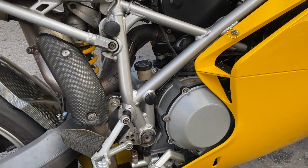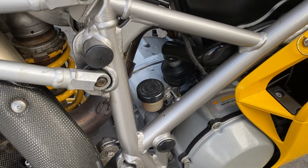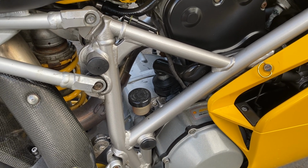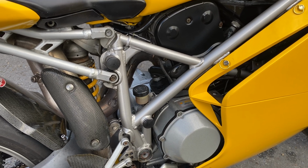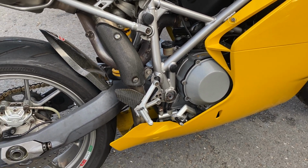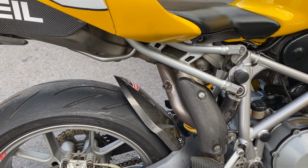Round to the engine, it looks really bright actually, guys. Typical Ducati paintwork, and I'd say also, if you look in there you can clearly see it looks bright and silver, but someone's dusted in some silver there at some point. They're prone to coming off, even on bikes with 1,000 miles on a collection I know of, and the paint's starting to lift there. A few carbon extras there, heel guard, rear hugger,